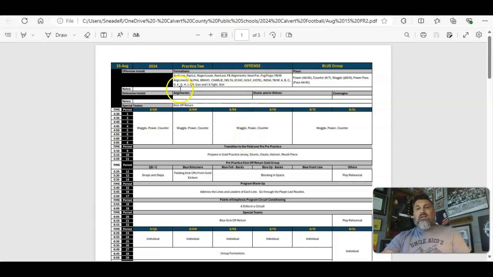All right, in color, this is the blue group. So today the blue group is on offense. It says offense, blue group. Practice 2, here's the date. Up here, it tells you what's going to be installed for formations and alignments and stuff. Here are the plays. There are some things added to this that are going to go in. The coach is going to let you know that is